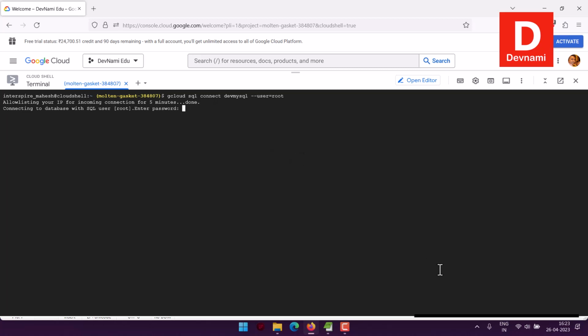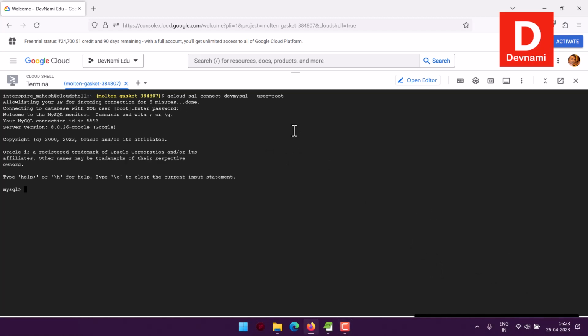Now here, as you can see, you may have to enter the password. Now that password is entered, you can see that you logged in, right? So this is the shell where I can type in show databases, then use semicolon, and there you see your database listed. Right? Now we will use my DB,